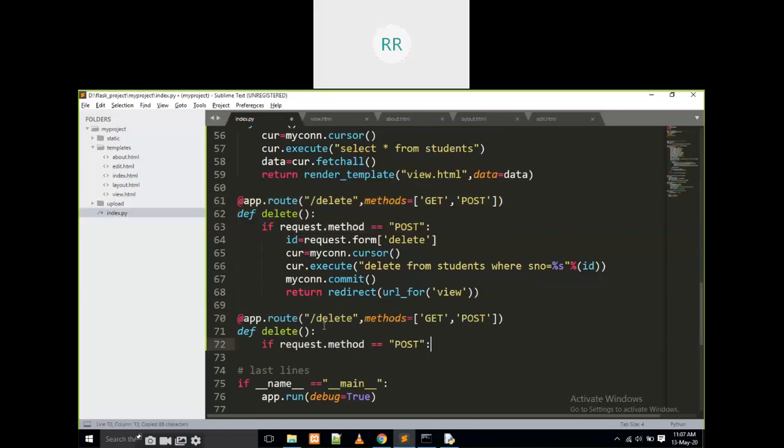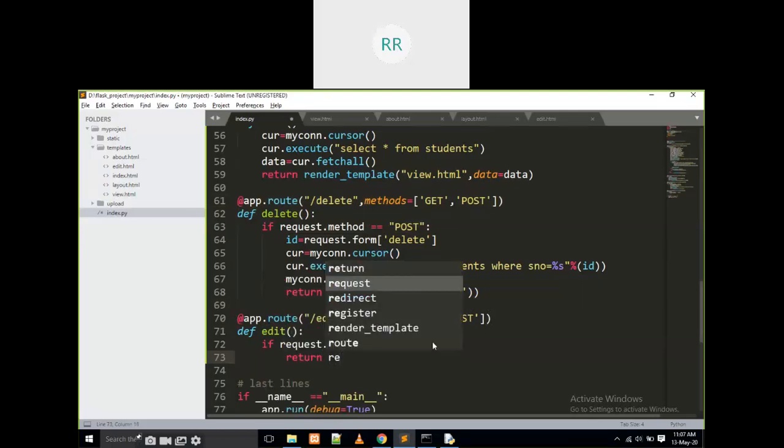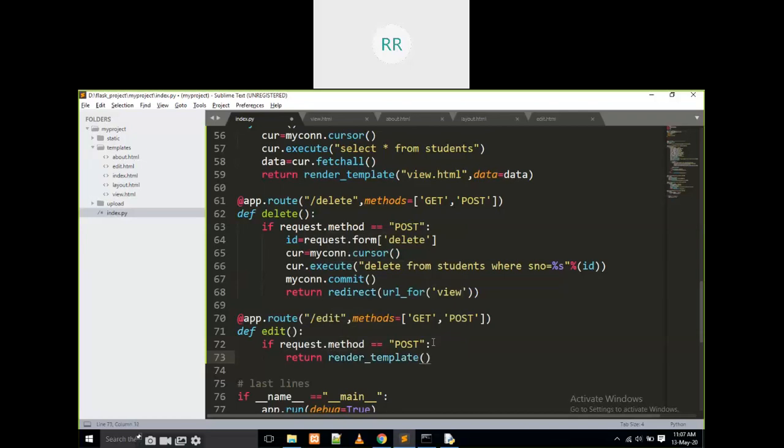This is going to be edit, with get and post. What page do I have to call? I have to call return render_template of edit.html. I am going to call this page.